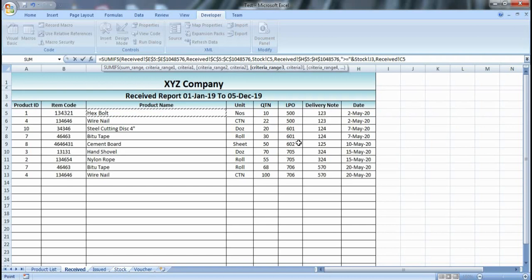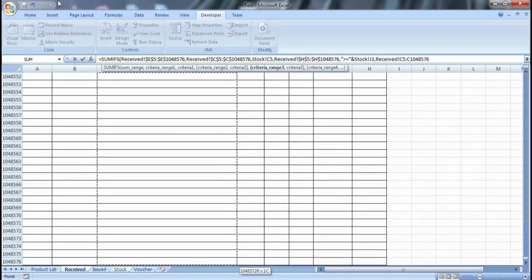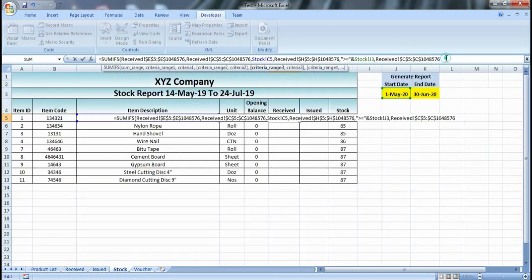So again I will select the whole column and freeze it. Then again we will select this cell. This is our criteria 3, sorry. I will select this cell,